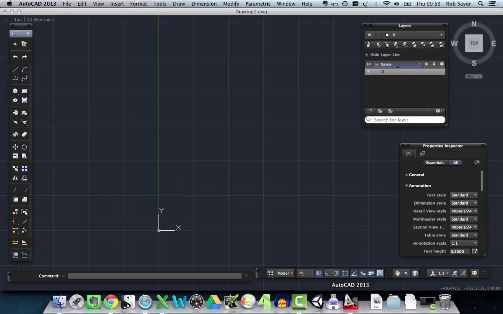So going over to AutoCAD then, I've got a blank space here. If you remember, we're in model space. My current model space's limits are set quite small. They're set to a couple of meters either way. And so what we're going to do in this video is find out a few different ways